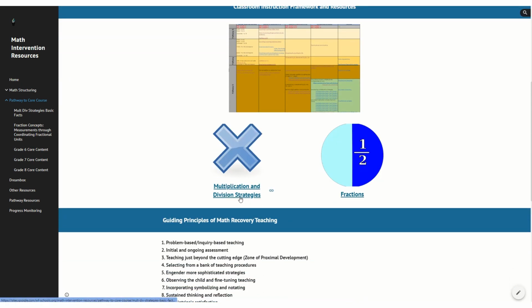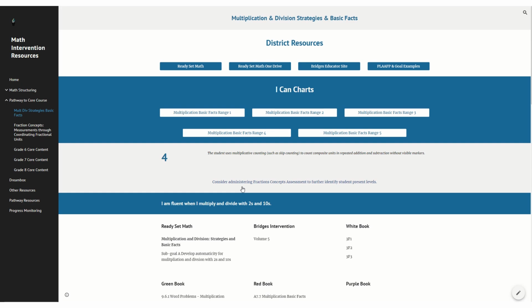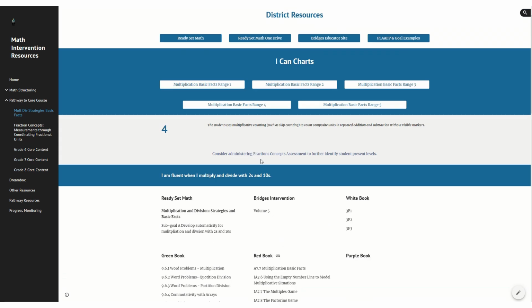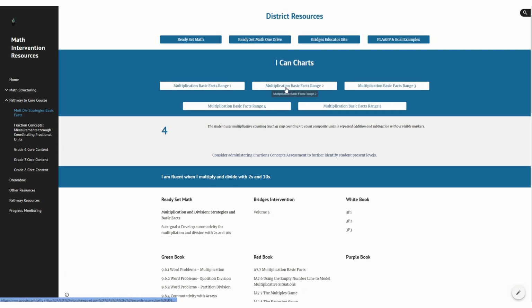Below has the two areas where the course starts, the multiplication and division strategies and fractions. When you click on here, which is also located on the left-hand navigation part, it will have a breakdown of what students will be learning during this course. You'll have the I can charts that the learners need to learn. If you click on here, it will open